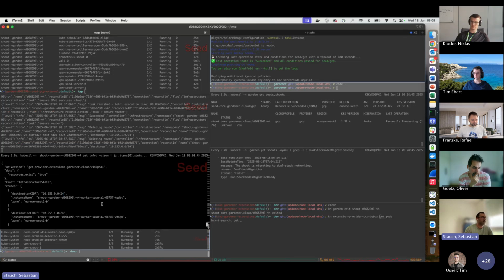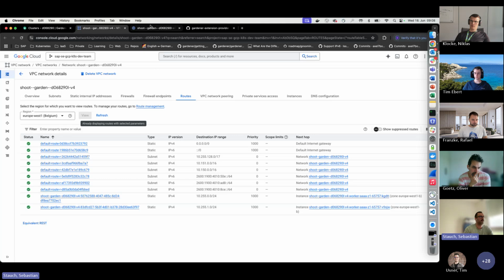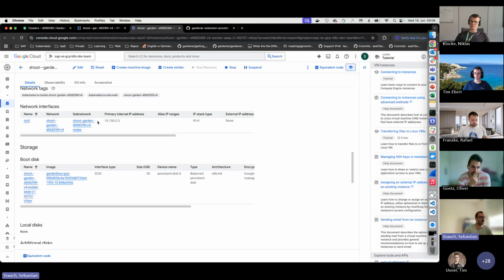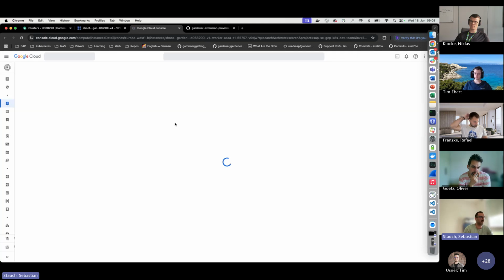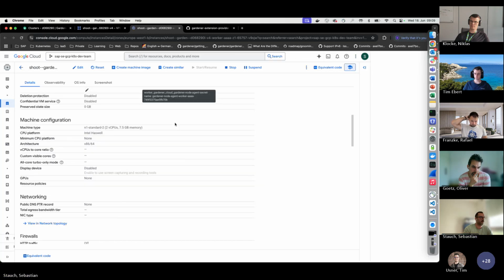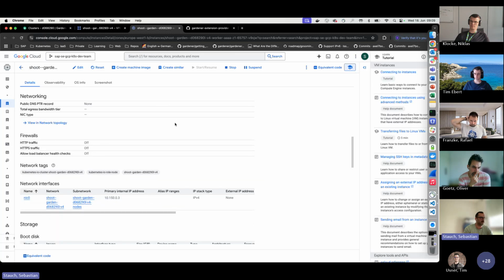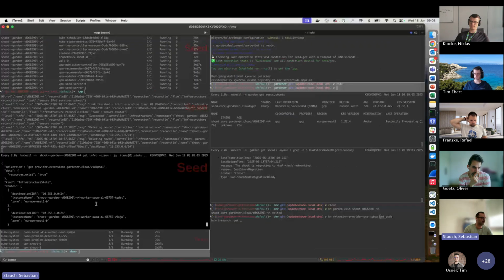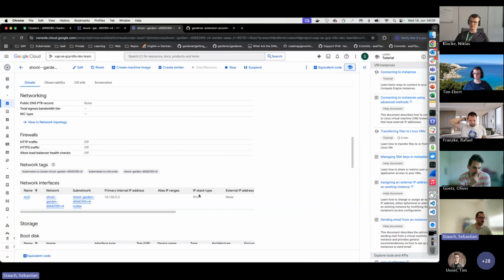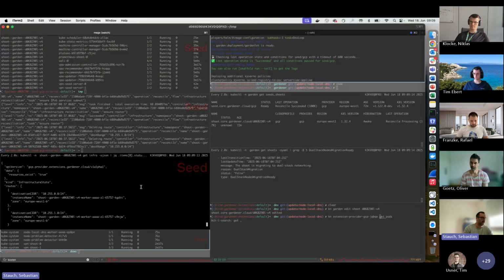And if we look at the instance, for example, in the beginning with IPv4, there's no alias IP range because we have the routes in the route table. And once the routes are added to the NIC, this might take some time, we will see the IP address here, so for v4. And this is the first step. So the next step would be